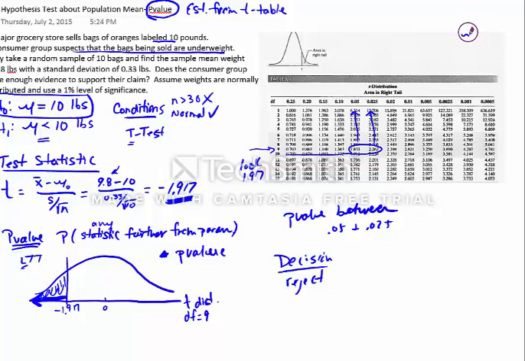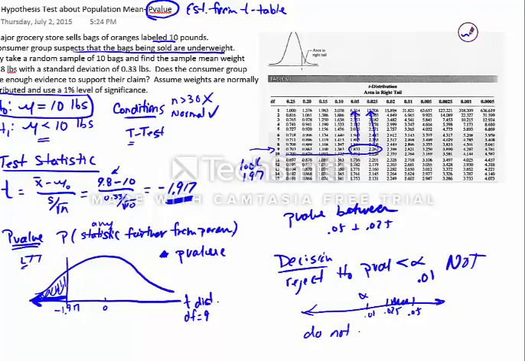Now, of course, the general decision rule here is that you only reject the null hypothesis if the p-value is less than alpha. So our p-value is between 0.025 and 0.05, and the significance level is 1% or 0.01. So if we're looking at a number line here, and we put those in order, we've got 0.01, we've got 0.025, and then 0.05. Our p-value is somewhere in here, and this is our alpha level. So our p-value is not less than alpha, so we do not reject the null hypothesis. There is not